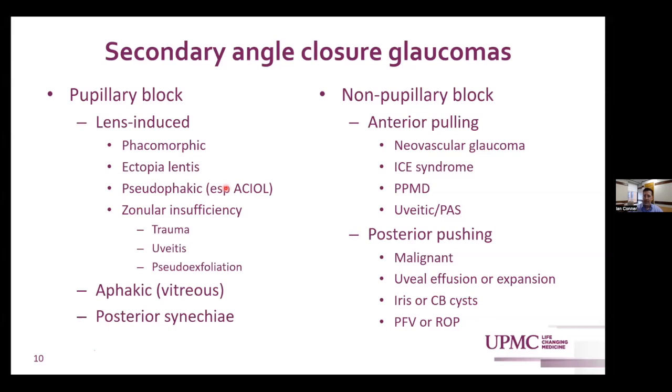And then, of course, PAS, progressive PAS formation, uveitis. And then from behind, anything that expands the posterior segment, meaning behind the ciliary processes, can result in angle closure glaucoma. So an expansion of the uveal space and uveal effusion, ciliary body cysts or iris cysts that expand the posterior segment, persistent fetal vasculature, ROP, and then malignant glaucoma, which is patients who've had surgery in the